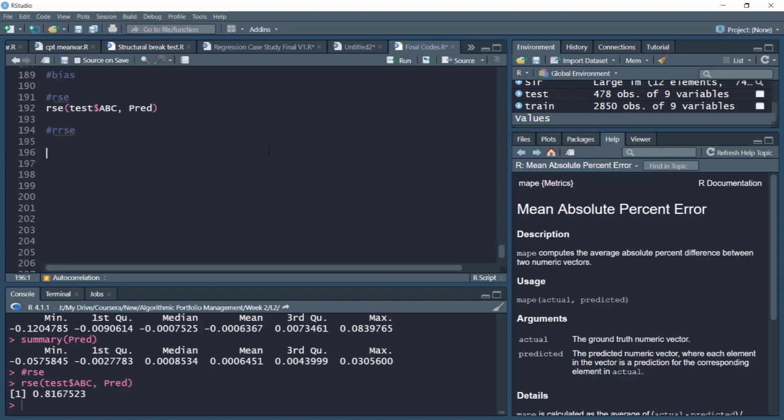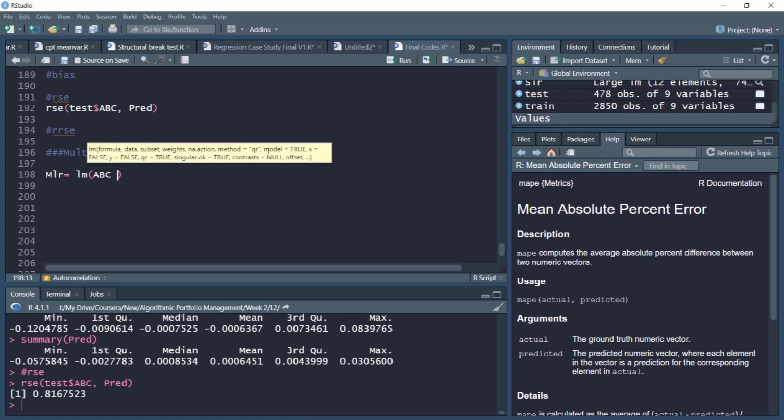In this video, we'll start with the multiple linear regression model. Most of the syntax to implement and execute the model will remain the same. So let's call it MLR, multiple linear regression model. And as we did with the simple linear regression model, we'll use the LM object, ABC returns, and let us add Sensex returns, BSE Sensex, sentiment measure. Since this is a multiple linear regression model, we'll be using a number of variables on the independent side, Nifty,